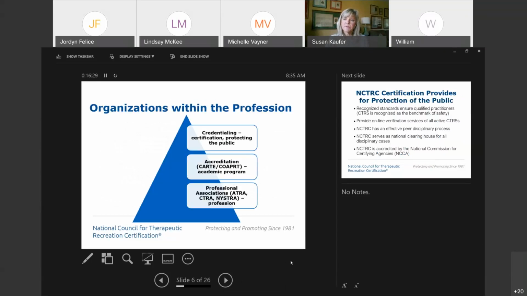It's interesting to look at this slide because sometimes it is difficult to understand who NCTRC is, and what our role is compared to other organizations. NCTRC is the certification. Again, it is not a license. Oftentimes we hear individuals referring to NCTRC certification as a license. A license comes out of a state, the state of New York, where I'm thinking many of you reside, which does not currently have a license requirement for recreational therapy.